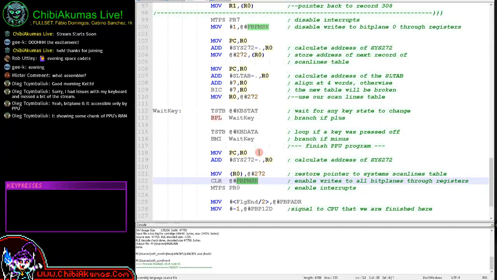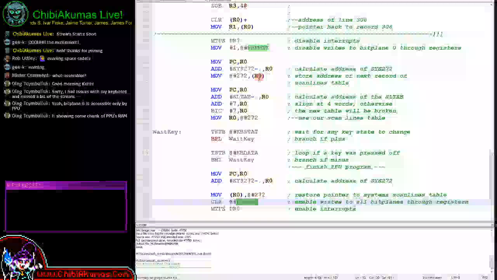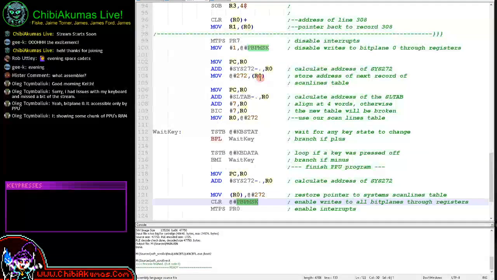I was aware that typically bitplane 0 was only accessible by the PPU. I just wasn't sure with this code remapping the memory whether that was having an effect on bitplane 0 as well. Okay, that makes perfect sense. So,